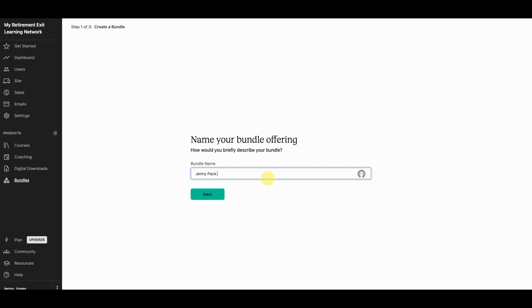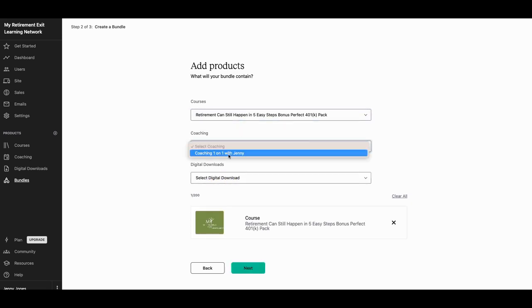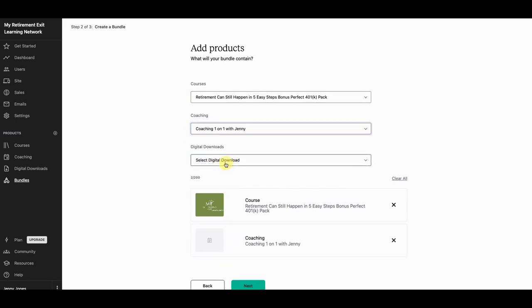Jenny Pack Plus, we'll call it. That'll put everything in it. And so you select your different courses. Your retirement can still happen. Select your one-on-one with Jenny. And then you can do...